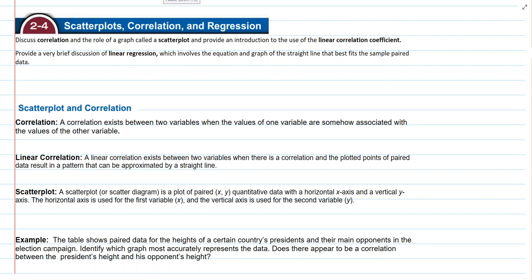All right, this is our last section involving Chapter 2, and it also culminates the first unit of our study, mainly vocabulary and a small inference factor about making conclusions from the simple graphs and data that we collected. This one is called Scatter Plots and Correlation and Regression. Okay, so in this section, we're looking at some mathematics involving analysis